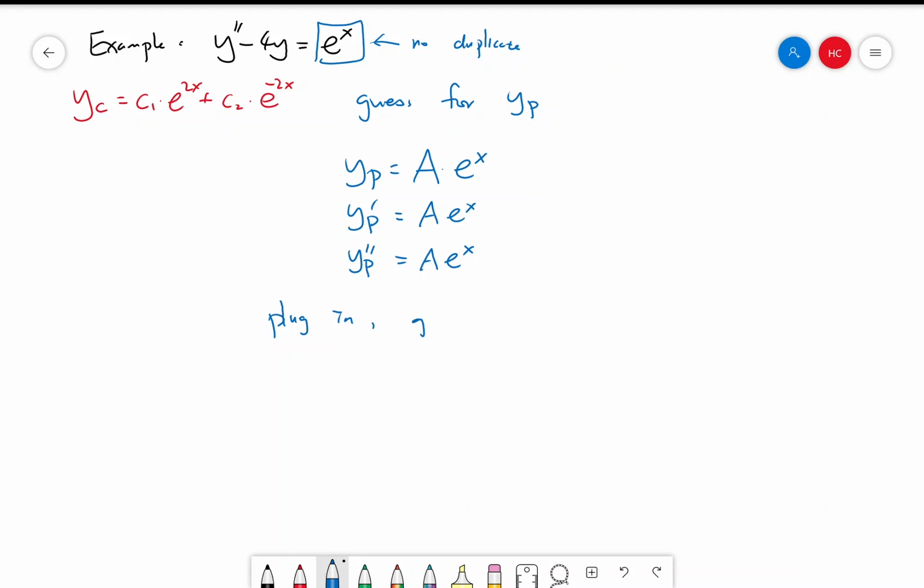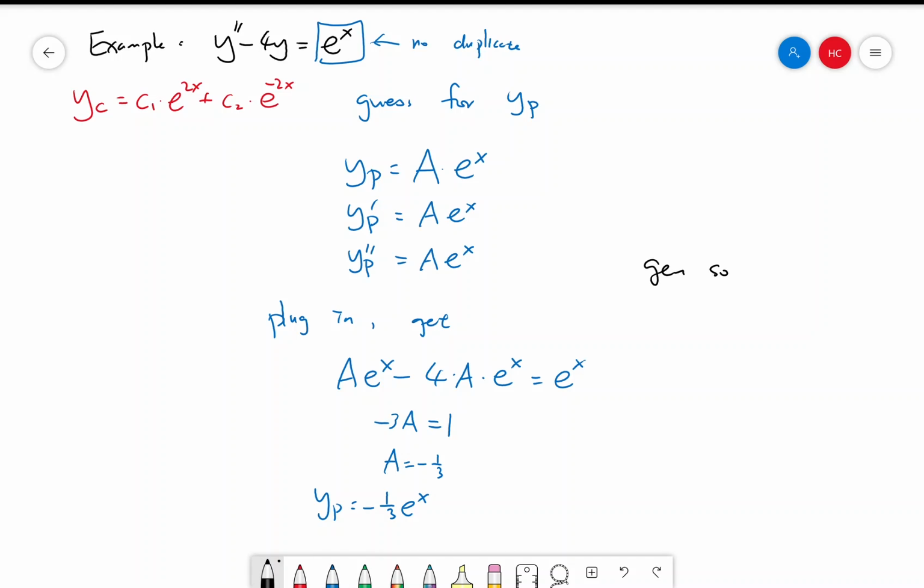We get a times e to the x minus 4 times a times e to the x equal to e to the x, which tells you that negative 3a equals 1, so a is negative 1/3. So the particular solution is negative 1/3 e to the x, which is the same as what we got using the other method, but this is way faster. So the general solution